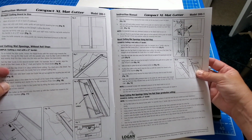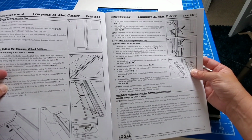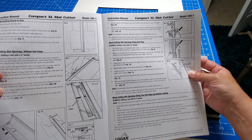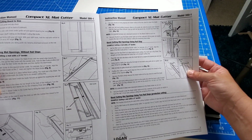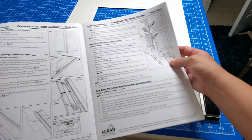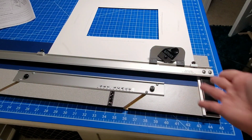And then use your thumb to firmly depress the blade holder all the way down. Insert the blade with your left hand, putting pressure down on the guide rail. Slide the bevel cutter forward until the start and stop indicator lines up with the top pencil line. Do not go past the line. So they're saying use a pencil line. You can't apparently bank on the